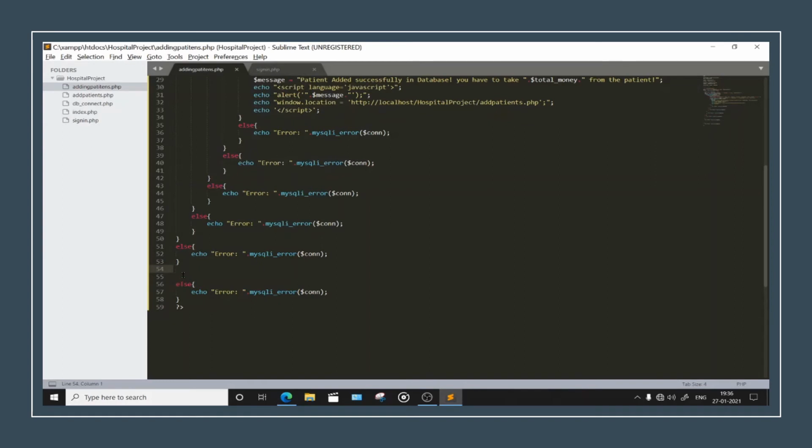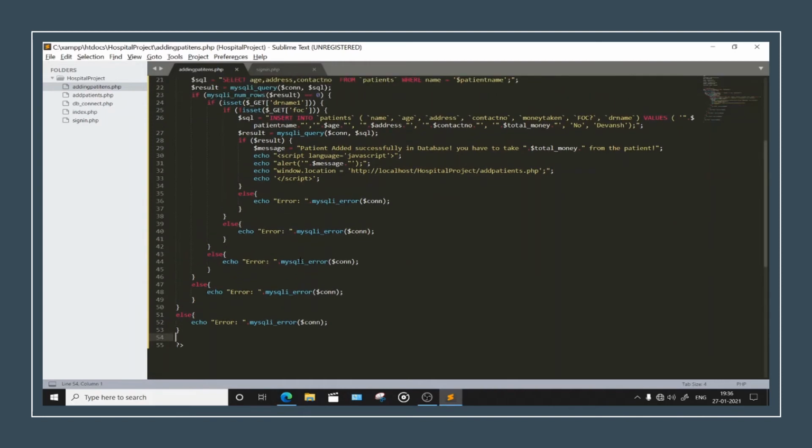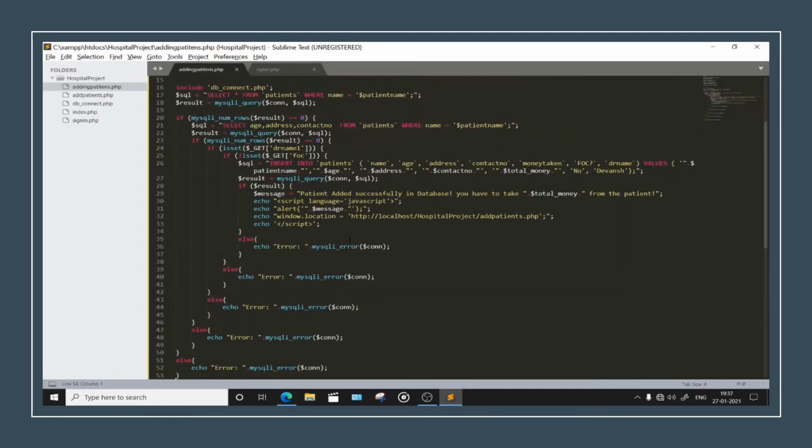On line number 56, else is not required. Yes, it is not required. Save this. Refresh. Still echoing error. There is some issue here. Some issue is already there. And wait a minute. That's why it's not also entering here, right?